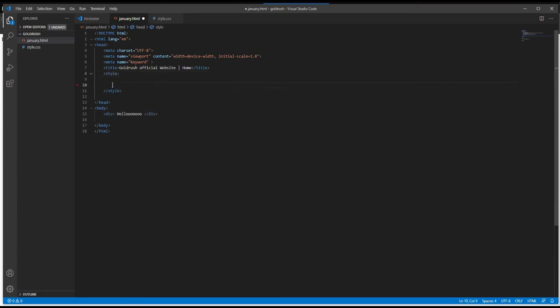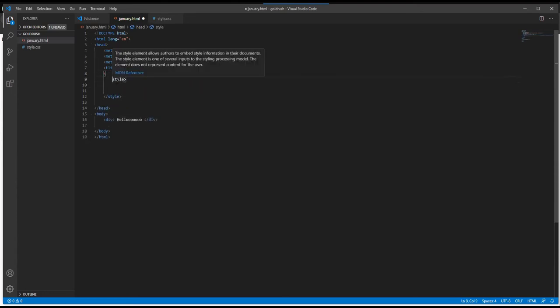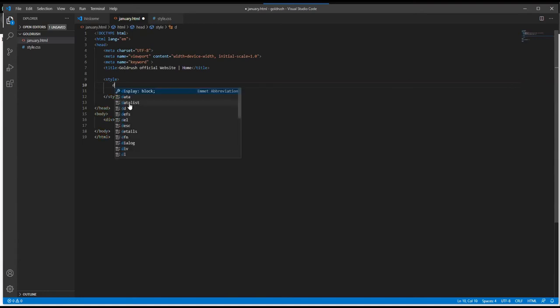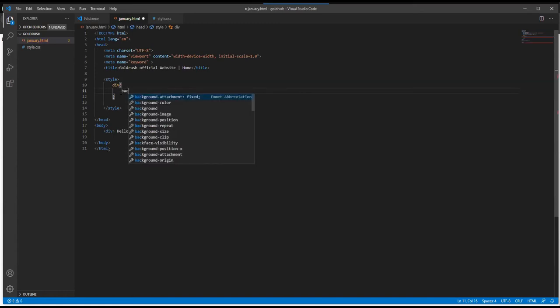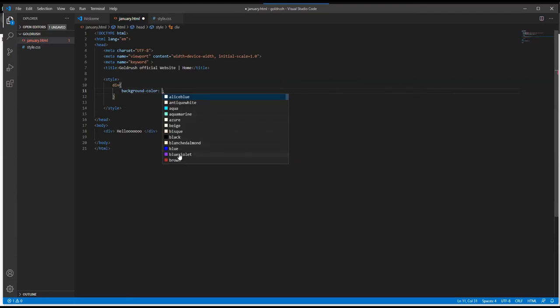We're going to write CSS in the style tag. It's going to be in the head section of the website, which makes it internal to this website. I'm saying div: every div that you see is going to have a background color. I just type in background color, and I'll say orange, and I will say the width